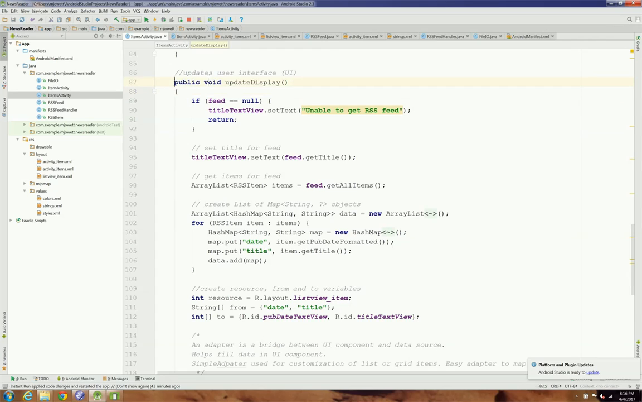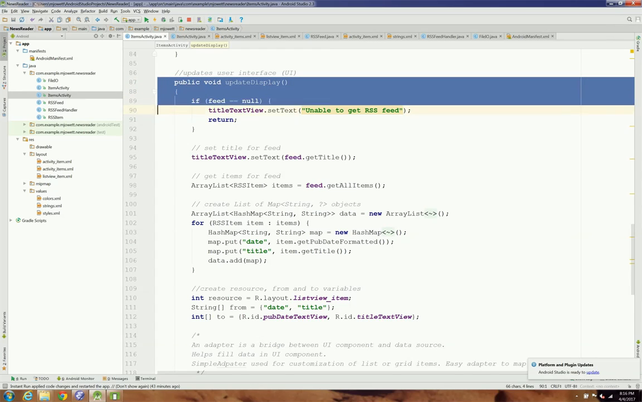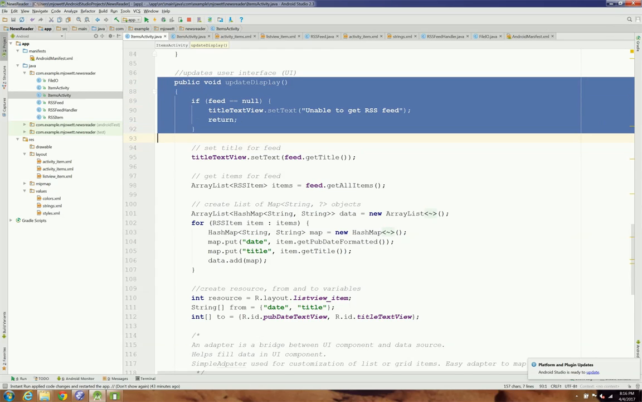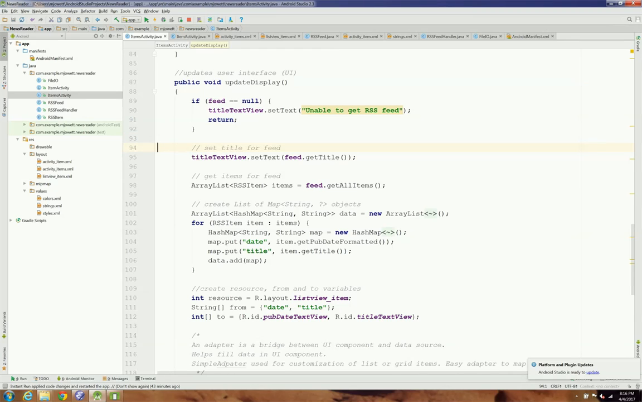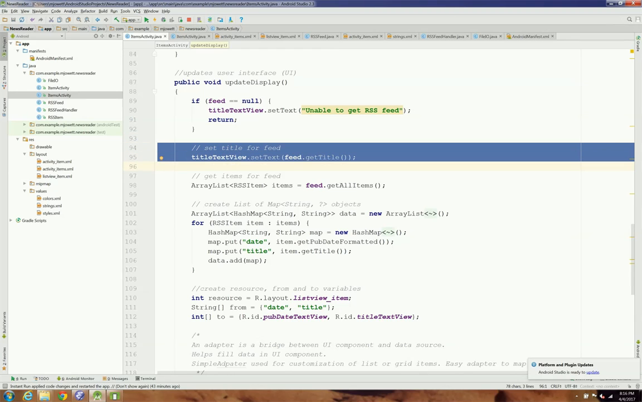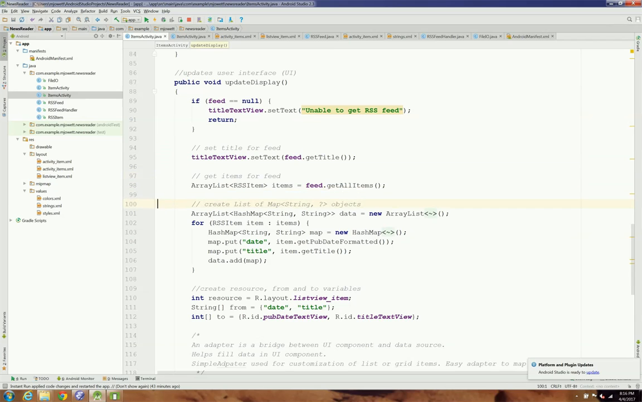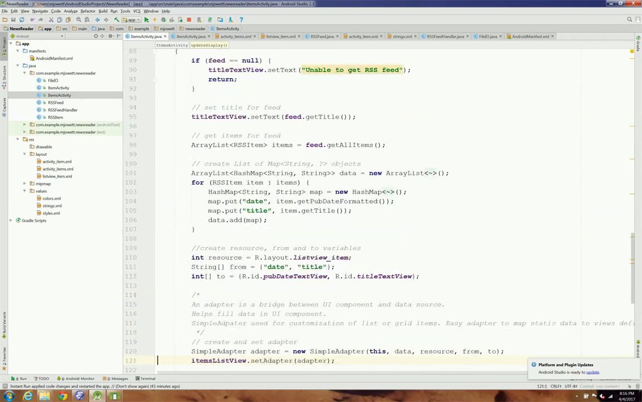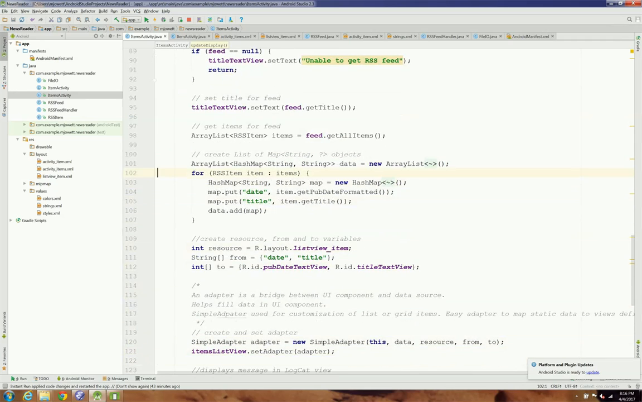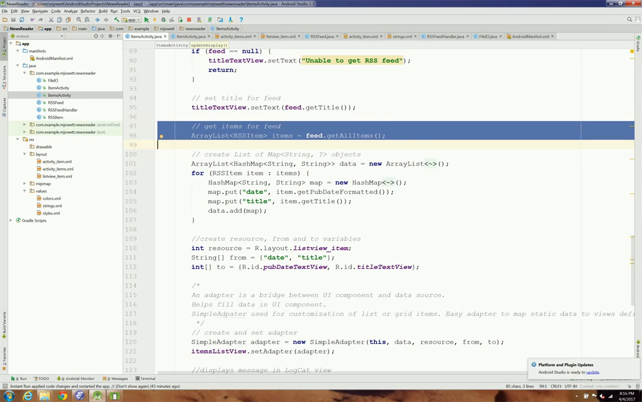Okay, so here we are. updateDisplay. If it is null, tell the user that they can't get, unable to get the RSS feed. If not, change the text view to the title. We're going to use an array list to get the items for the feed, and we're going to list them in a map. Now, there's a couple things here. We're going to create a list